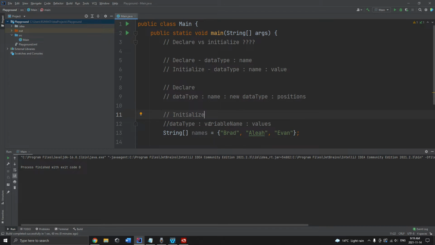The syntax for initializing an array is the data type, the variable name, and then the values you are